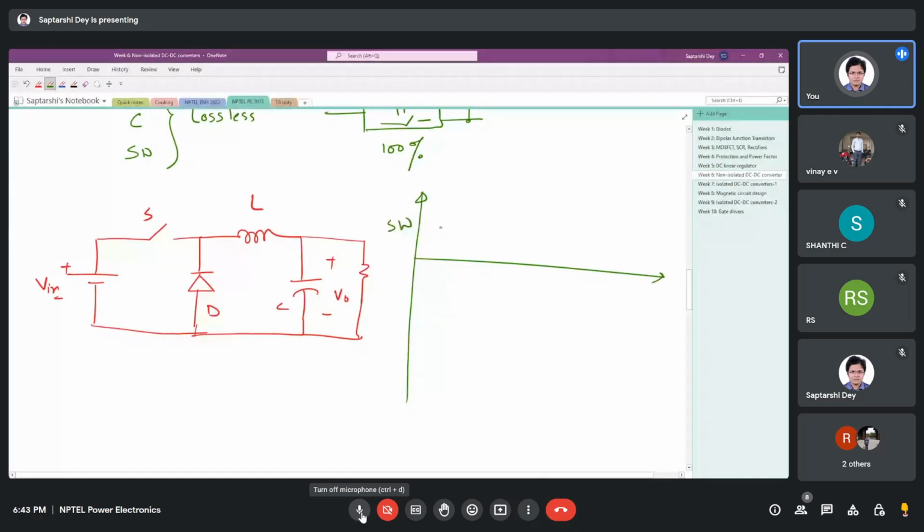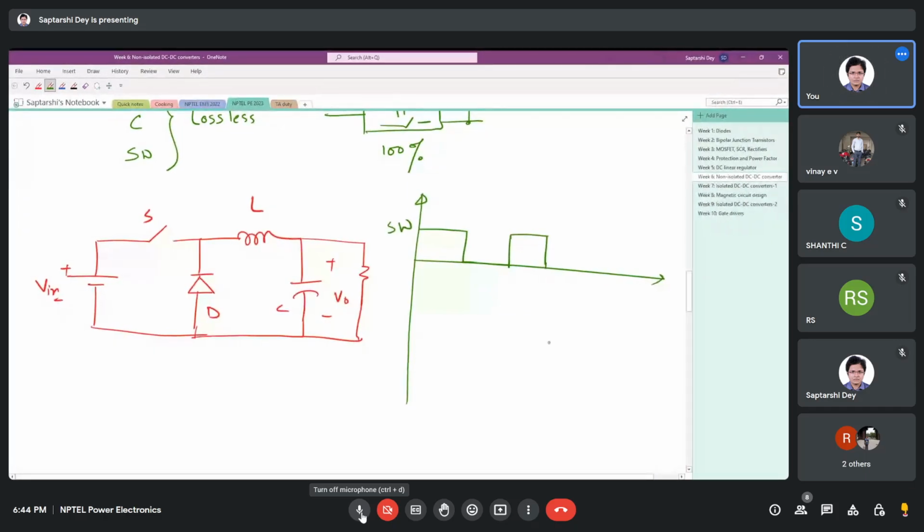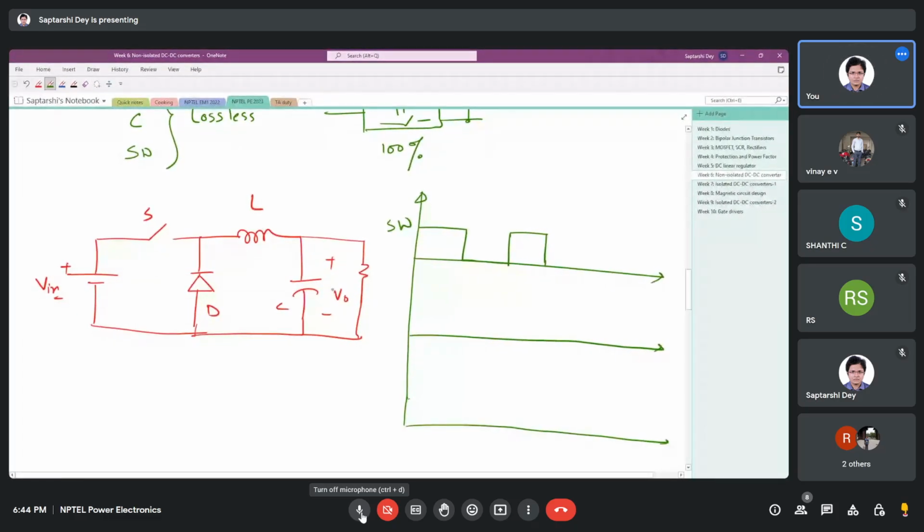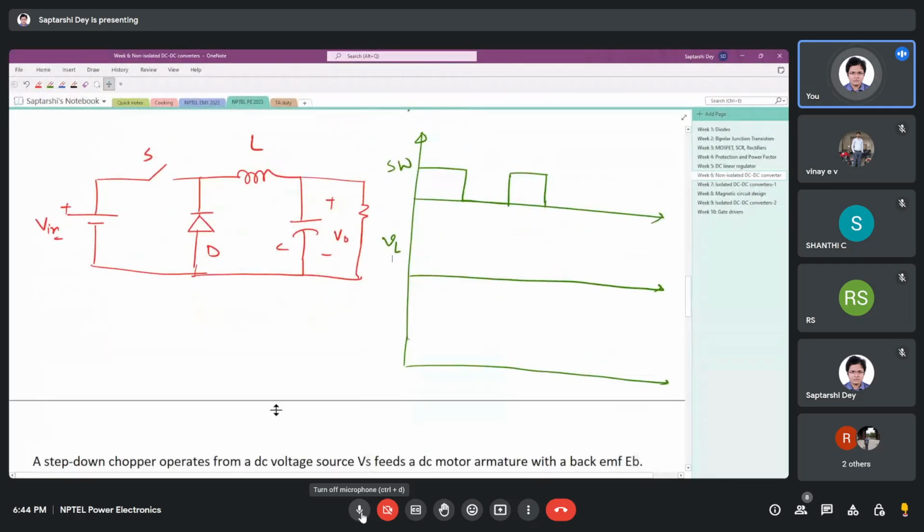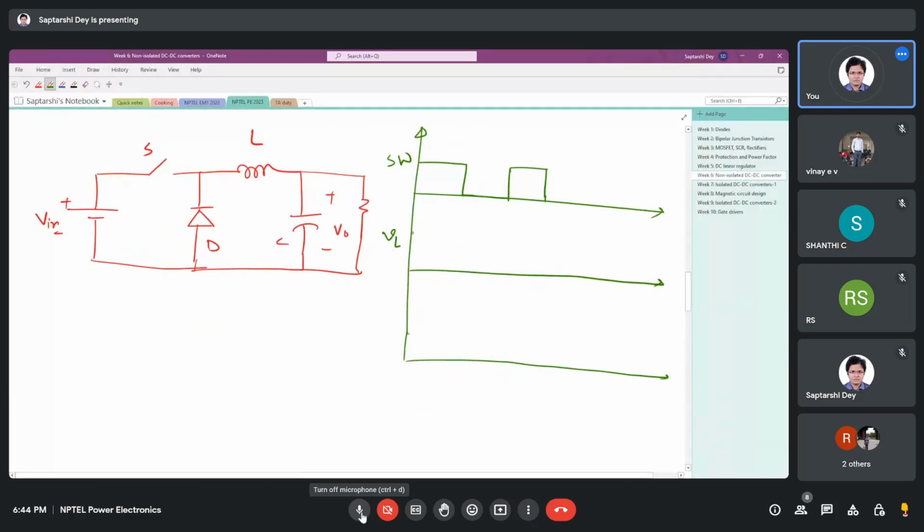So I will first draw the switching waveform. In this high condition, the switch is on. In this condition, the switch is off. All right, so what is happening to the inductor voltage when the switch is on? When the switch is on, the inductor is getting a voltage which is equal to V in minus V out,